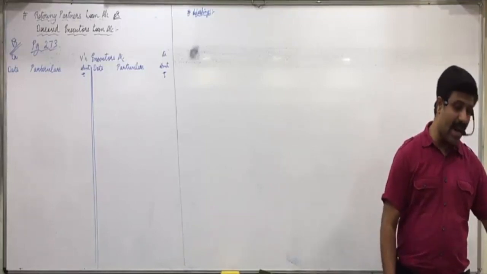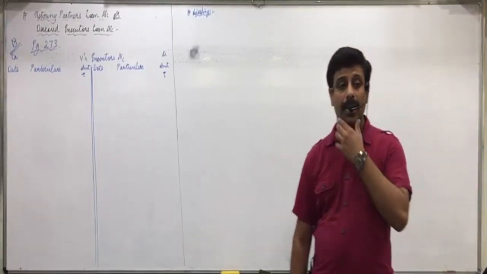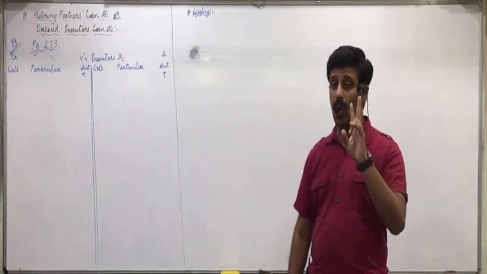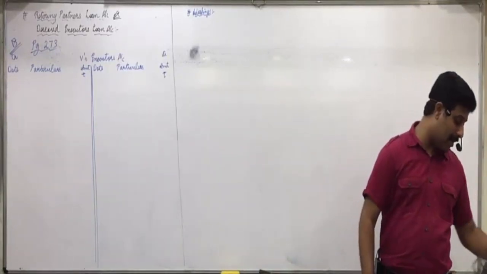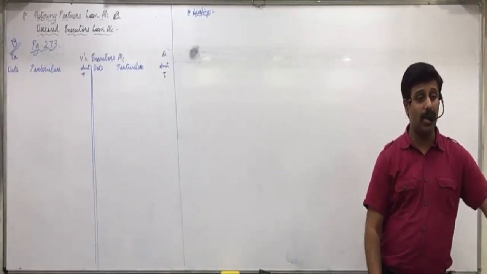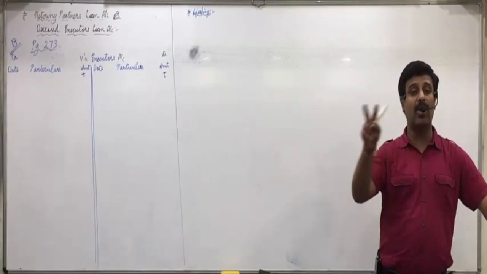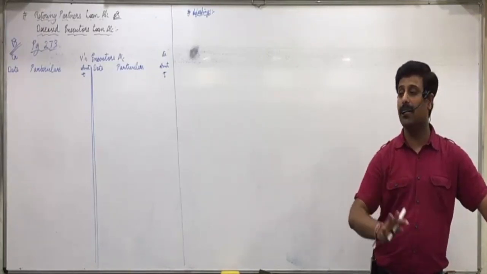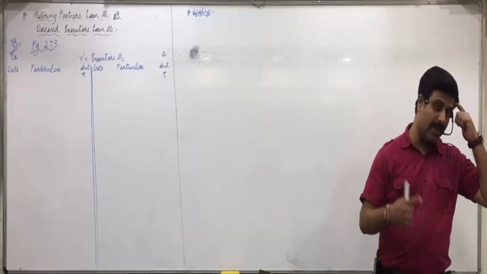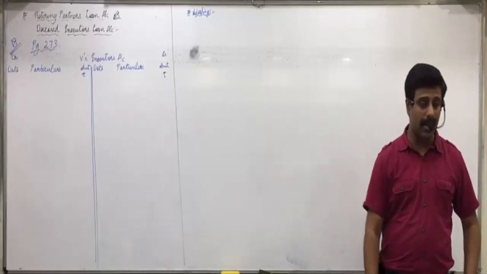E, V and M are the partners of a firm sharing profit and loss in the ratio of 3:2:1, that is 3/6, 2/6, 1/6. The balance sheet of that firm on 31/3/16 was as under, below the balance sheet. And then V died on 1/10/16. Which partner? Second partner. Don't always forcefully make the third partner die or retire. In the majority of questions it has happened so, and in exams only the third one will not exit. Either the first or the second will exit. So be careful with that point. V died on 1/10/16, so we have to prepare V's executors account.